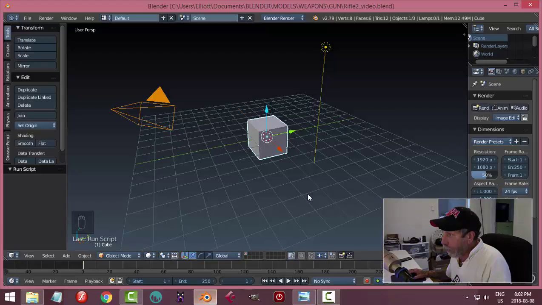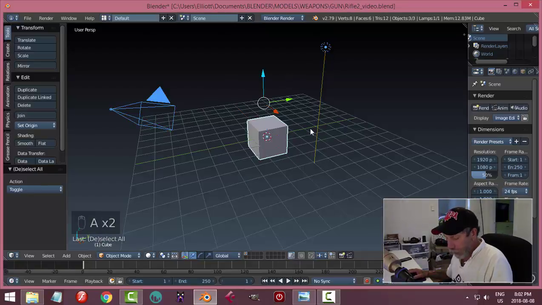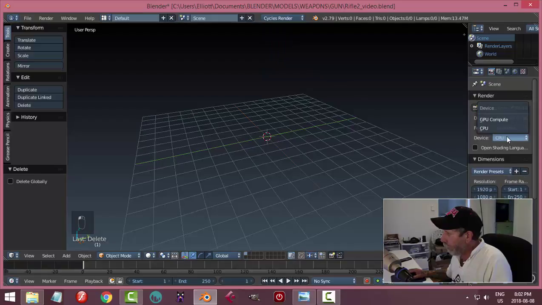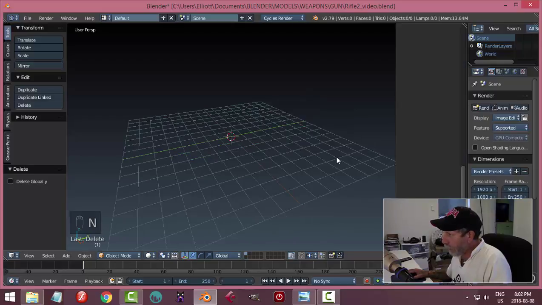And here we go in Blender 2.79 in the default opening scene. I'm going to select everything, pressing the A key, and delete. Let's switch over to Cycles Render, and if you can, activate GPU Compute. Okay, my screencast keys are on, and it's time to bring in the background image by pressing N to load